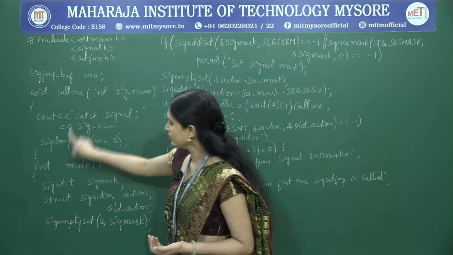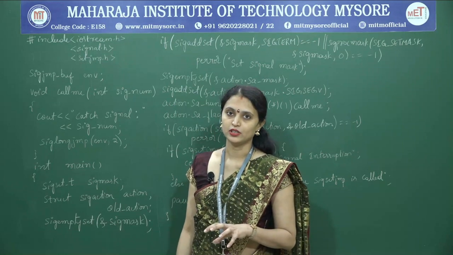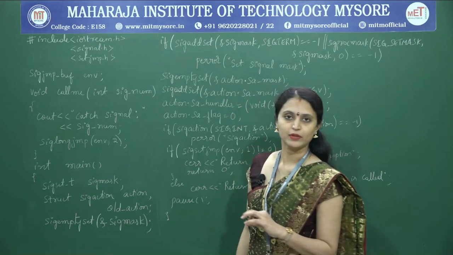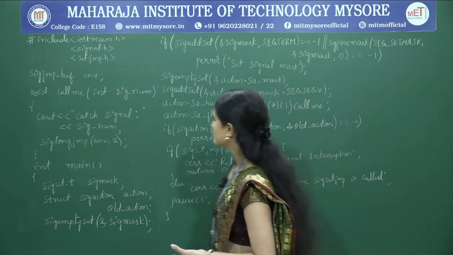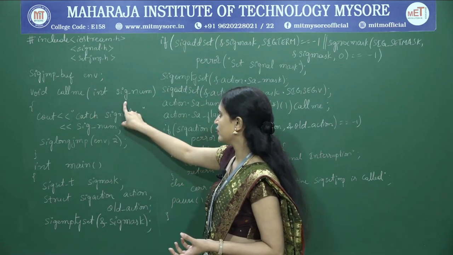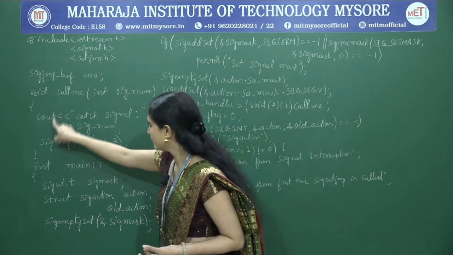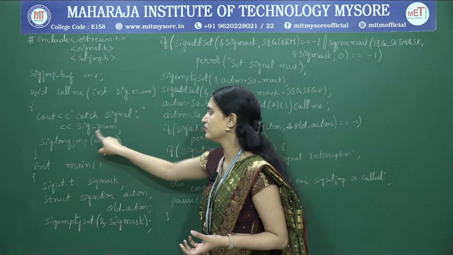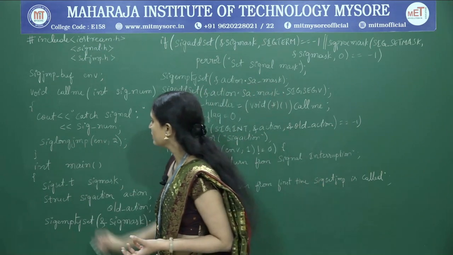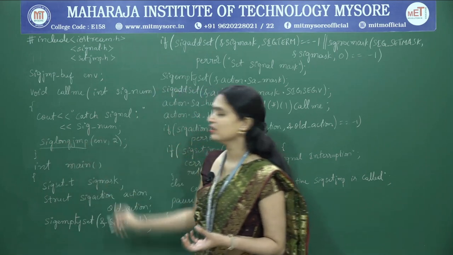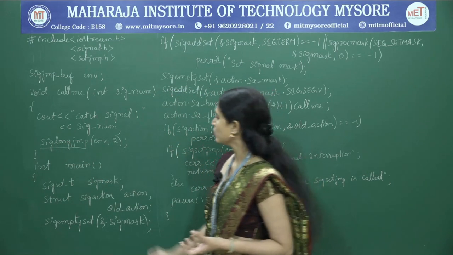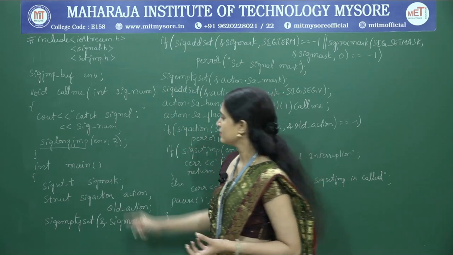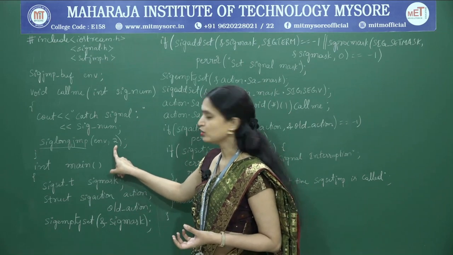Next we have written a user defined function, that is the callme function. Basically it works like a signal handling function for this program. Now let us see what we have written inside this callme function. It has the argument signal number, and here we are printing caught signal, that particular signal number. Inside that we are calling the function siglongjmp with two arguments, the first one the environment variable and the second one the return value, we are passing 2 here.